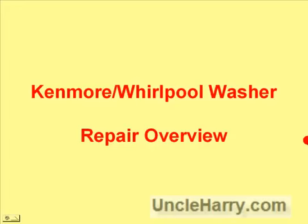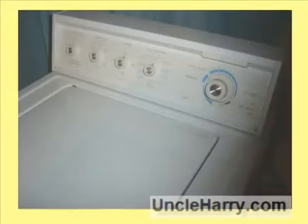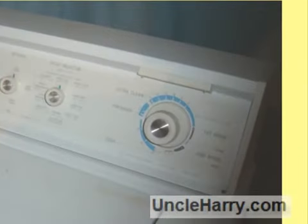Welcome to a repair overview of the Kenmore washer made by Whirlpool, the most popular washing machine on the market today. Here is that top load washer. This happens to be a Kenmore model. We're going to view the insides and how to get it open to give you a start on how to repair this machine. First job is to get the cabinet